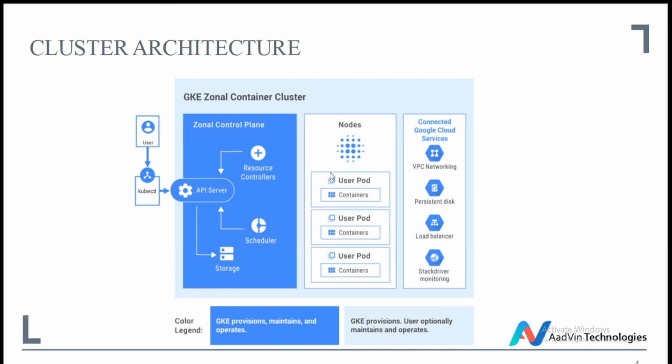In order for a node to run a container, it needs a container runtime. And in order to distribute traffic to containers, there is a process called kube proxy. So inside this node, we have a container runtime. Also, to distribute the traffic across the containers, there will be a kube proxy also inside these nodes. You can see user pod. We will see what is user pod in the upcoming slides.